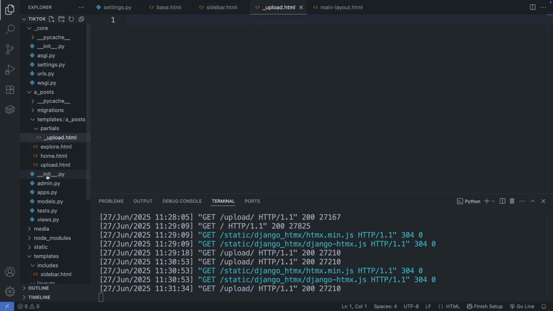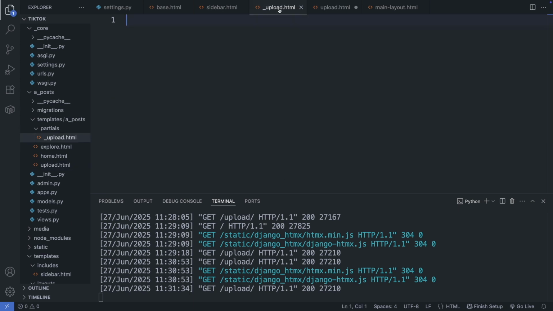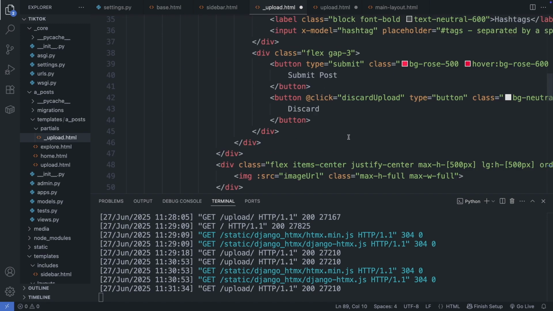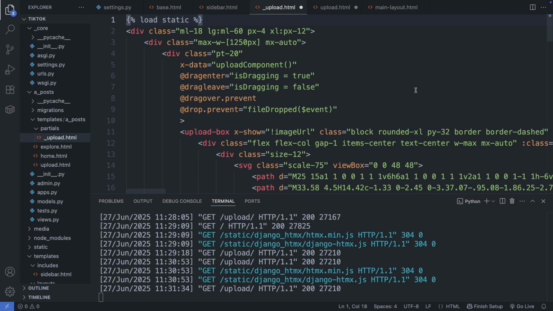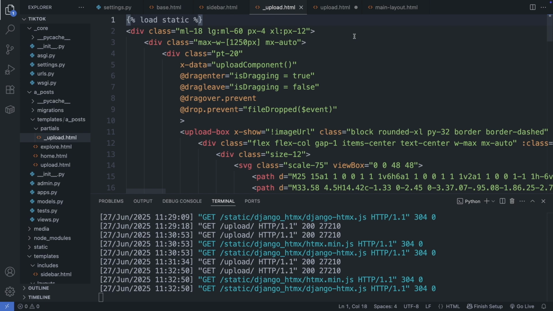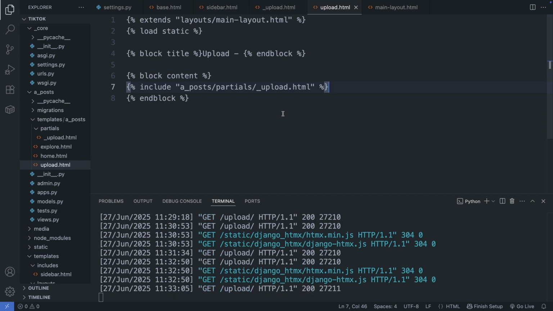Then I go to my upload.html file. This renders out the whole page. So I cut out the code inside the content block and add it to my partial. Okay. We might also need to add a static tag to this file in case there are any static links. Then save this file. And in the upload.html file, I include this partial now. Okay, save this file. And then we tell our view function to render the partial when it is a Htmx